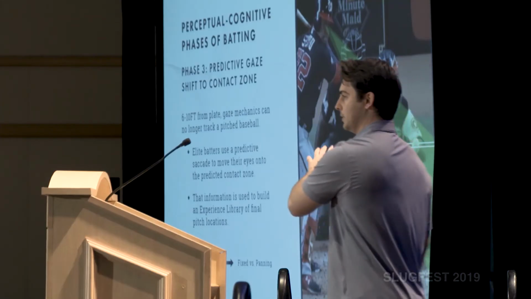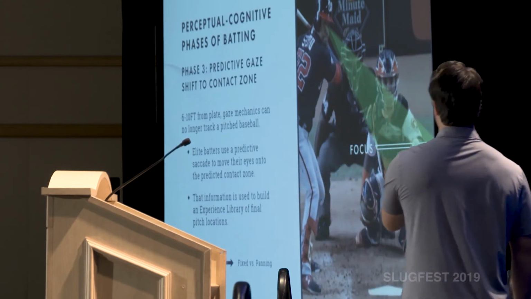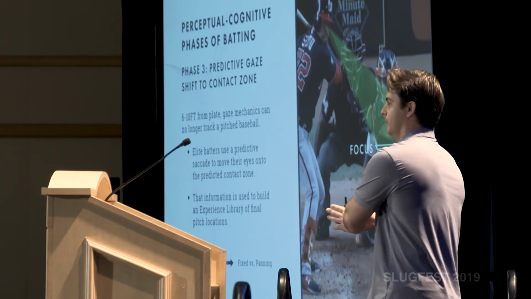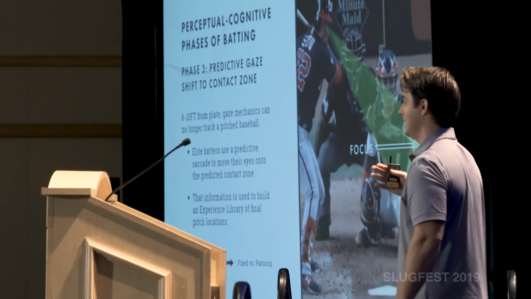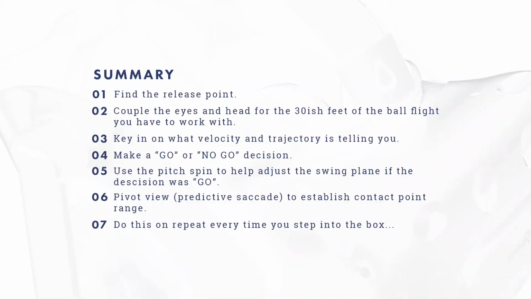And so that's where the catalog of experience plays such a huge factor in how that database can be built up and become more robust, and eventually refine what happens earlier in the phase when you're making that swing decision out at that 19-foot mark. And so, in summary, just to walk you through this one more time,